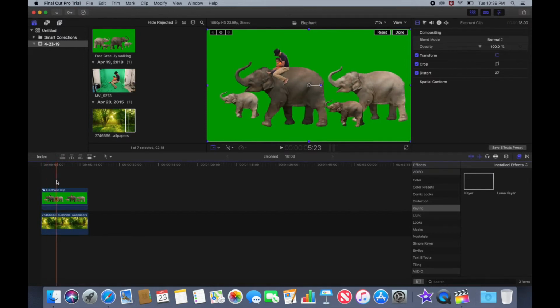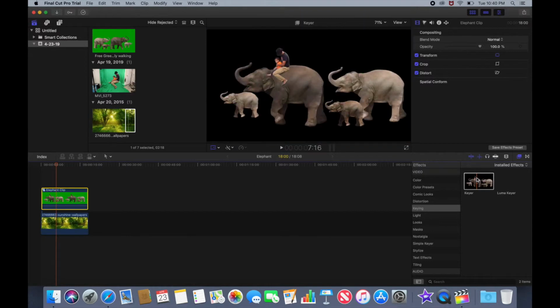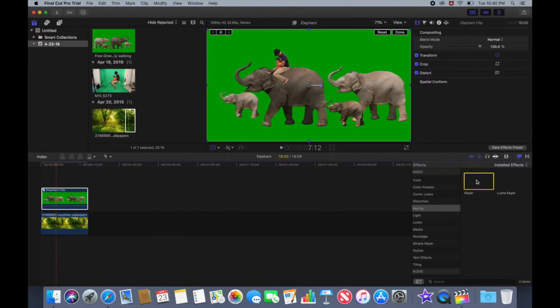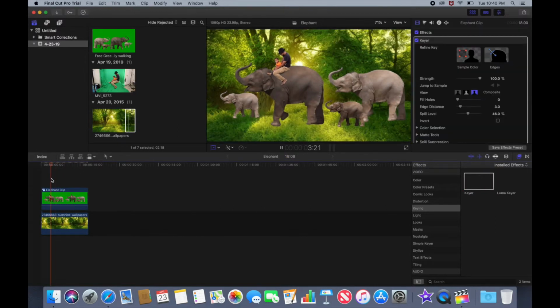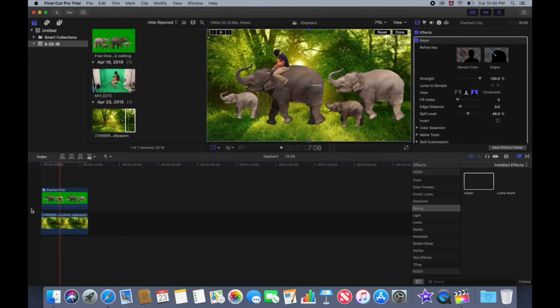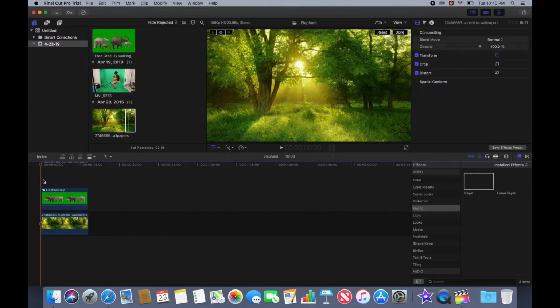Now I'm going to key the green screen background out from this. So once again, I'm going to use the keying option available from the FX tab. I'm going to double click on that. Boom. See? That looks so cool,